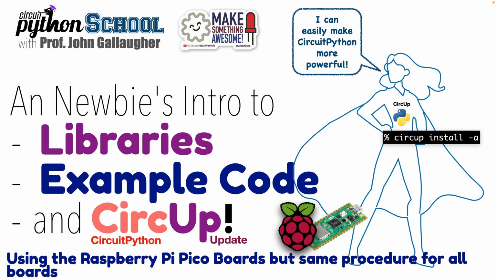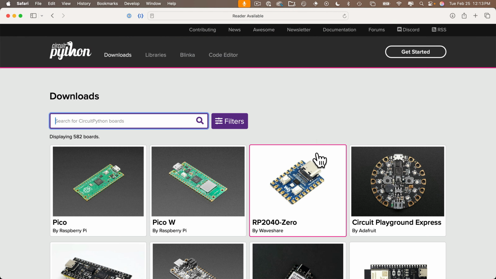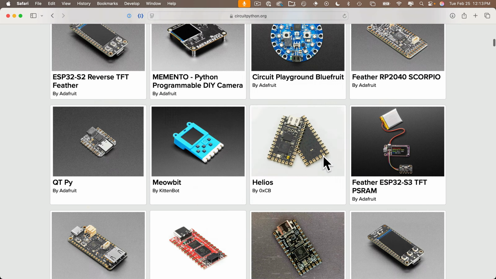Now this does require a bit of setup, which can be frustrating if you just want to jump into coding, but trust me, this is a useful thing to learn, and it's going to remove a lot of frustration that earlier students have experienced. Now while I'm going to demonstrate how to get CircUp running on a Raspberry Pi Pico series board, you should find that CircUp works identically with any CircuitPython board. So even though you could use any of the hundreds of boards that run CircuitPython, the setup and use should